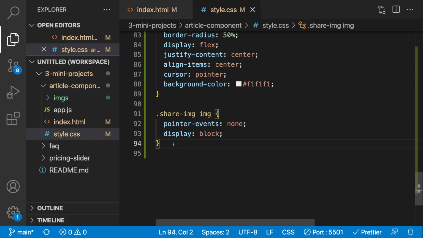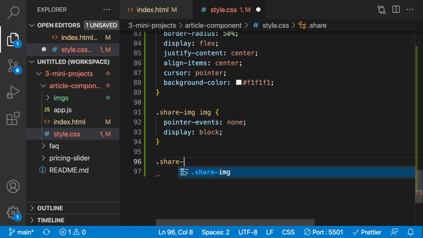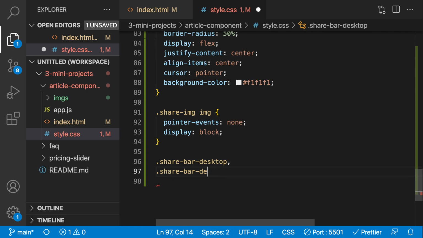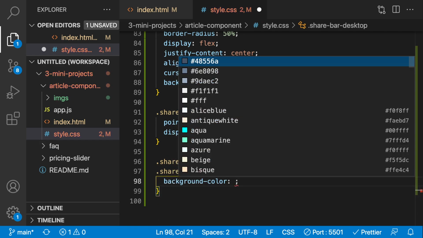Now we're going to have some shared styling between the desktop bar and the mobile bar. So we'll start off with our shared styling. We'll target share-bar-desktop, and then we'll also target share-bar-mobile. The shared style between these two is a background color